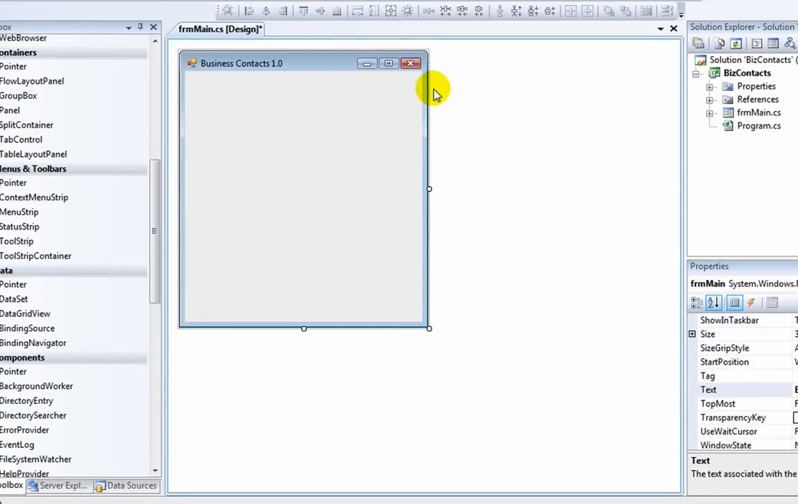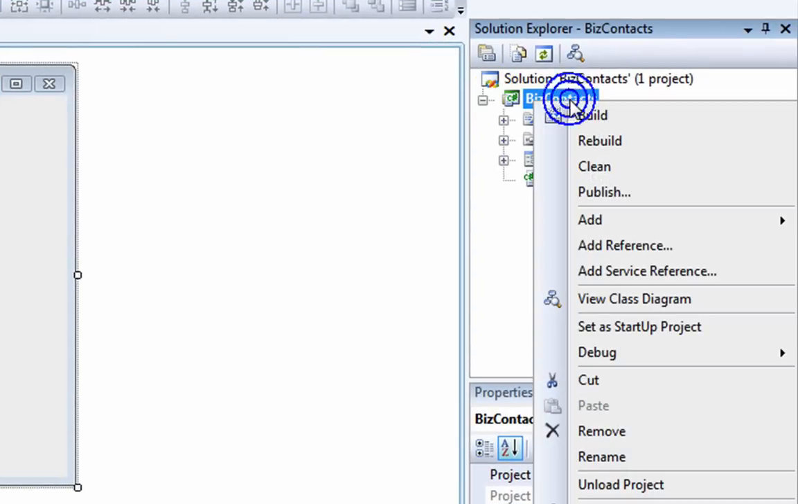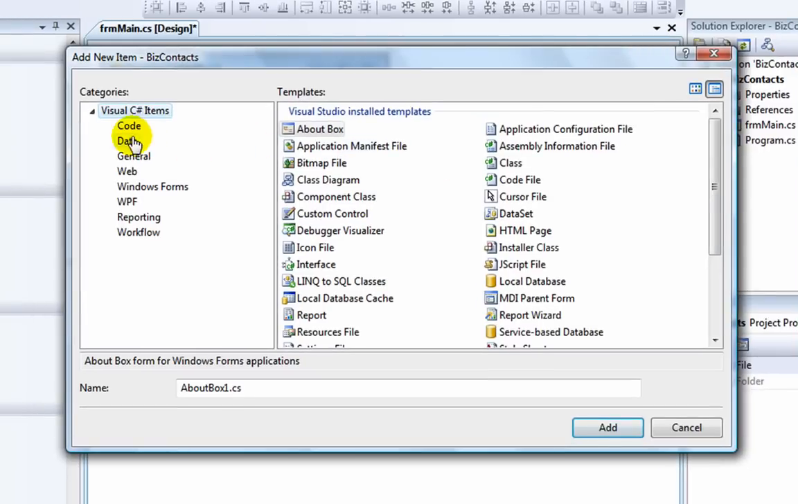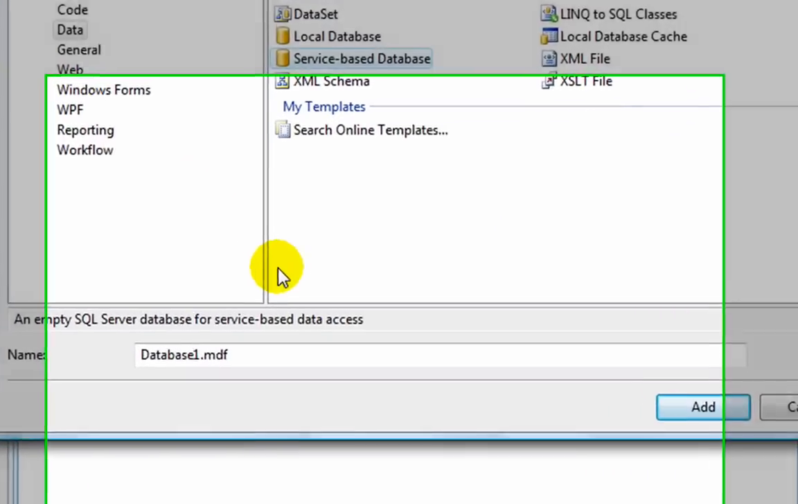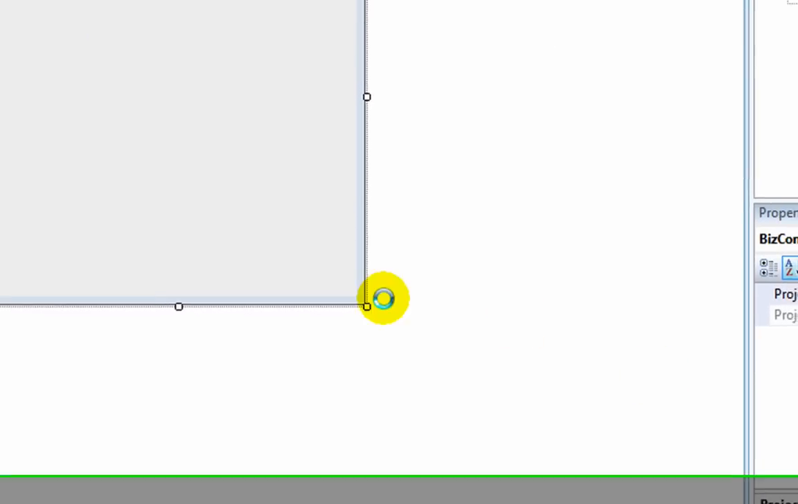Okay, we're going to add the database. We're going to do this right inside the IDE. We're going to click here. We're going to say add. We're going to add a new item. We're going to click on data. We'll check service-based database, and we'll name this bizcontacts.mdf. We'll say add,